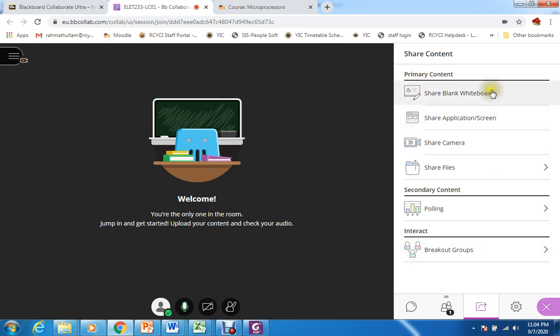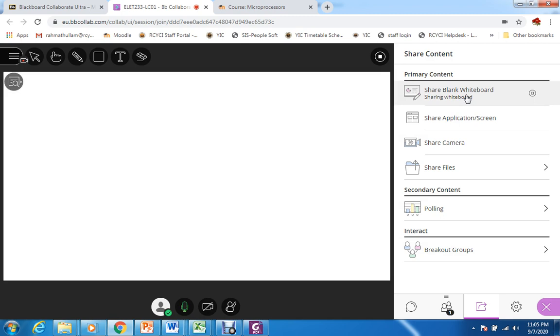There are so many options here. Number one option is to share the blank whiteboard. Let us try this one and see what happens. When you share the blank whiteboard, this is what the students will see and what you will see. It is like a board. Just select the pen, change the color if you want, and start writing.